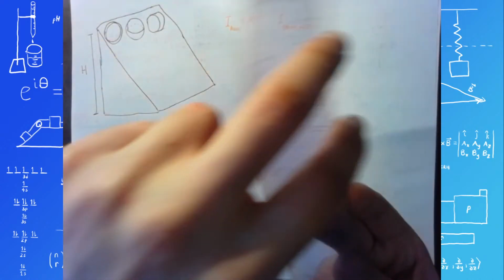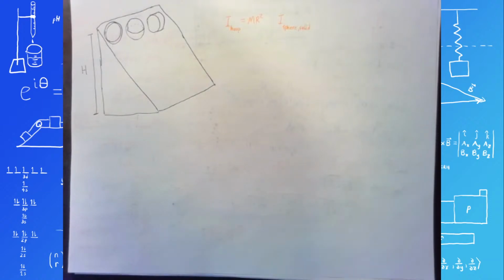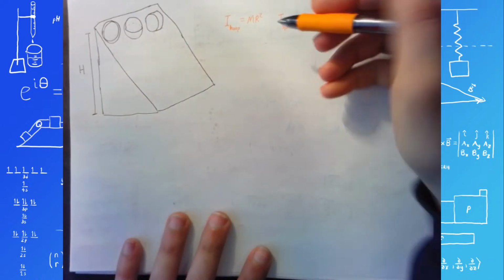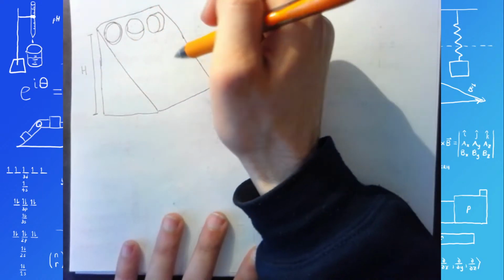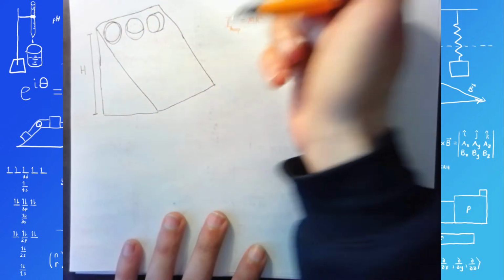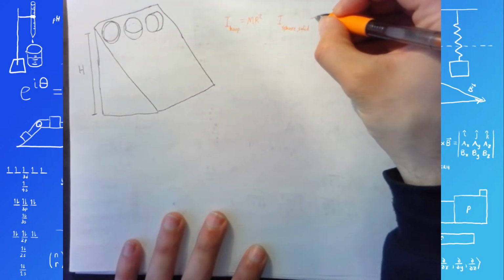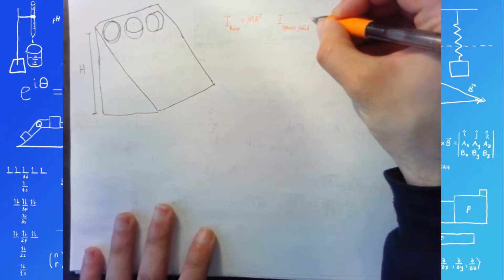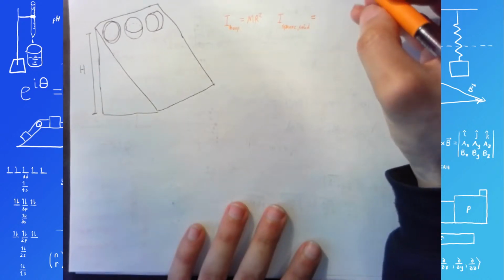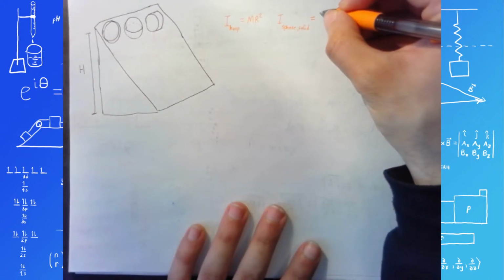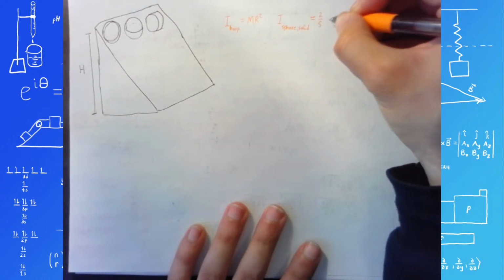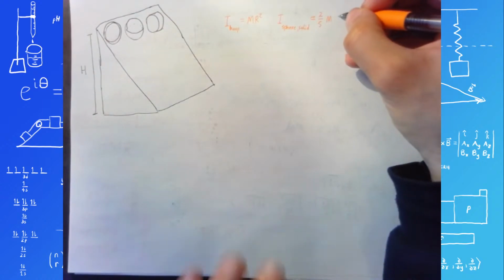That is the axis around which an object naturally tends to rotate. So for all of these, the axis of rotation is just going to be through their center. So I for a solid sphere, for an axis through its center, is going to be 2/5 of its mass times its